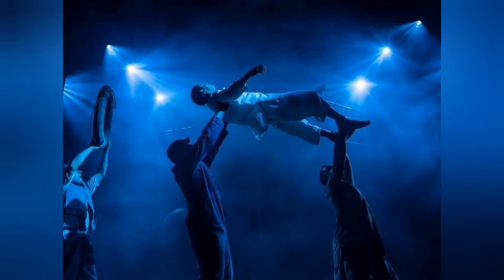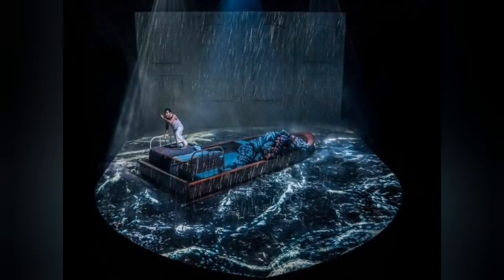It's Pi we're concentrating on, he's in white, and the lights from above are lights from the ship. There's someone holding up a ring there for him. And this is a very atmospheric underwater scene. And if you think that this is the same stage as all the other shots that we've seen, and look